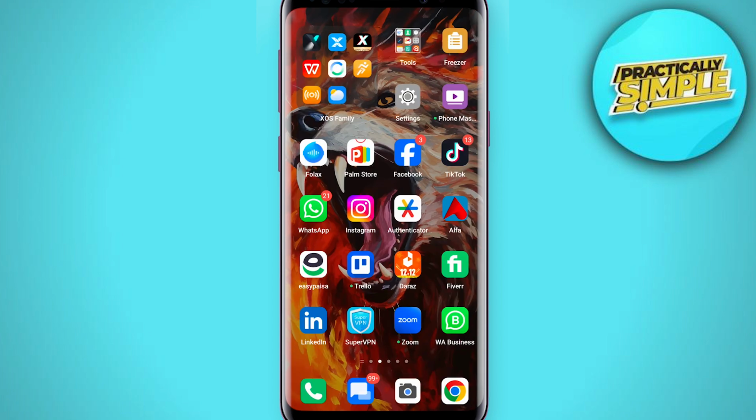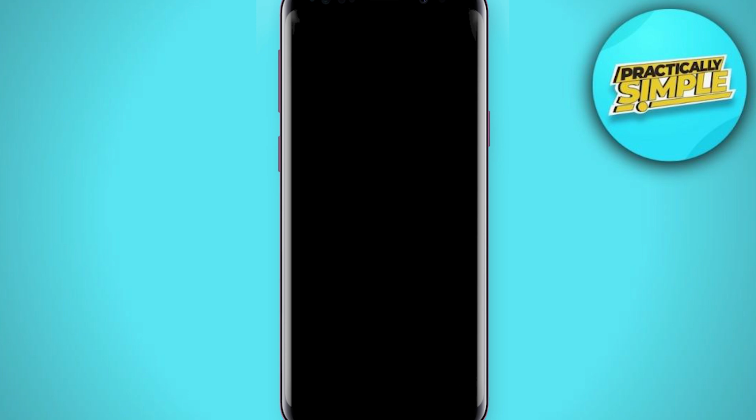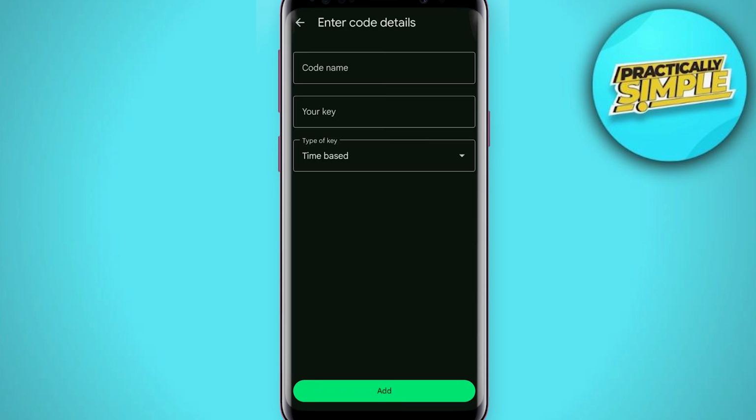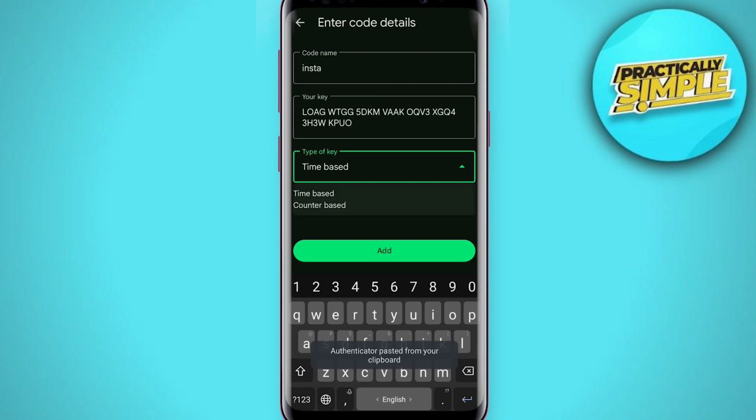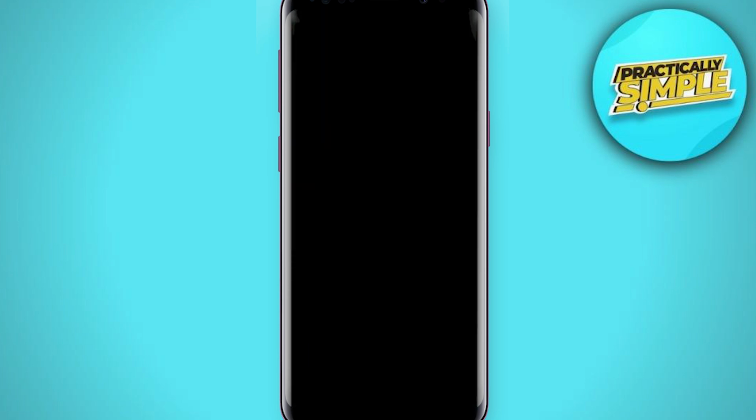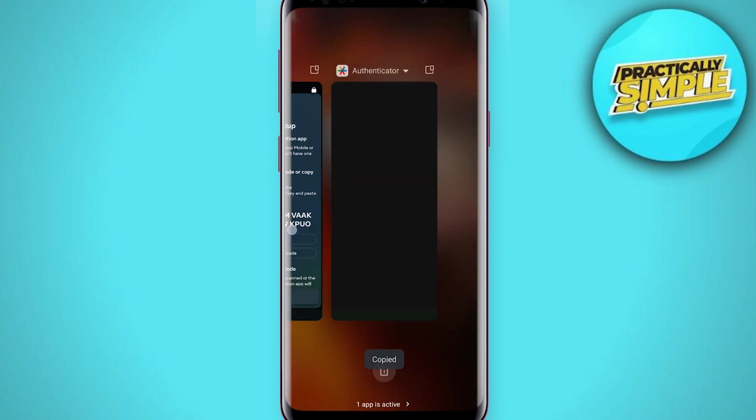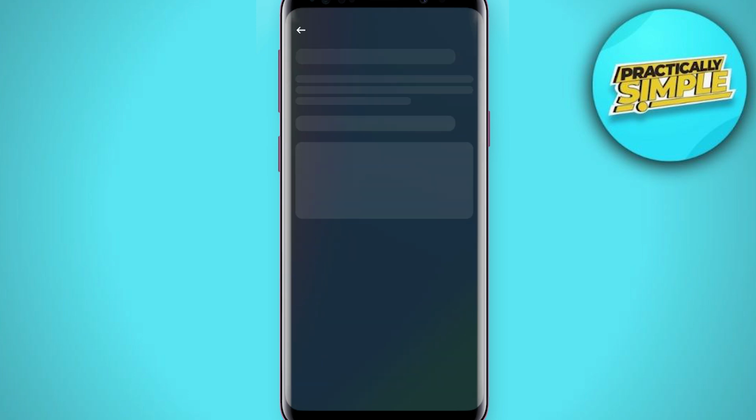Go to the Google Authenticator, click on plus icon and click on this enter a setup key. Now you have to give name here, Insta, then simply paste your key and then simply tap on this add. And now it's added. You have to copy this, go back to the Instagram, tap on this next and you